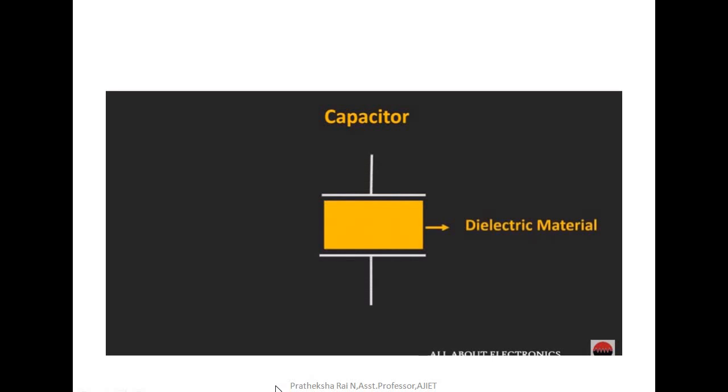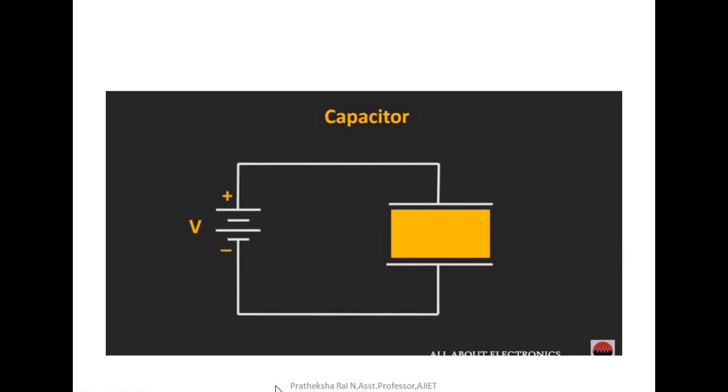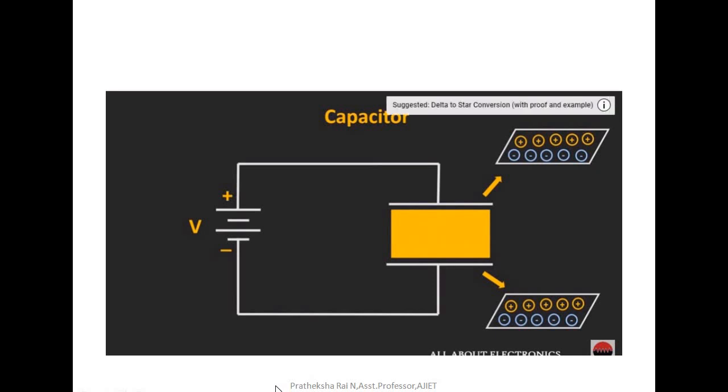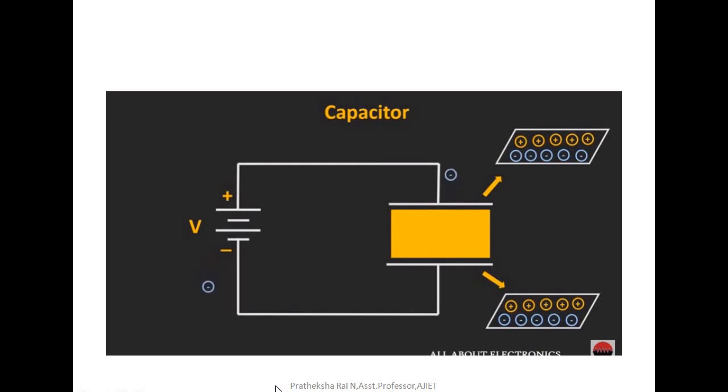This dielectric material is an insulating material and it opposes the flow of current. Now let us understand how the energy is stored across the capacitor when we apply voltage to it. Before the application of voltage, the two conducting plates of this capacitor are electrically neutral. It means that it has an equal amount of positive as well as negative charge. But once the voltage is applied, from the top plate the electrons, or the negative charge, are attracted towards the positive terminal of this battery, and through the negative terminal of the battery, the electrons are pushed towards the bottom plate of this capacitor.